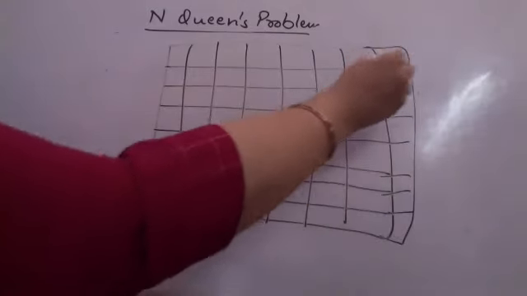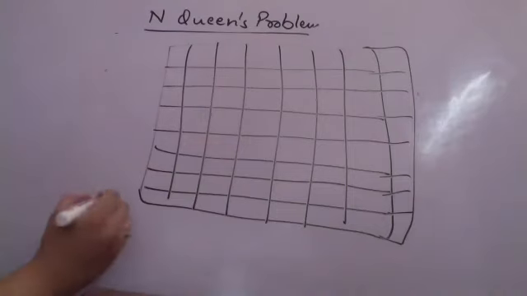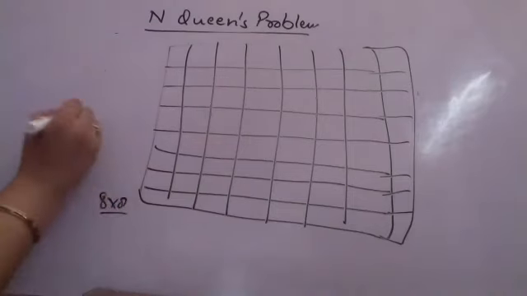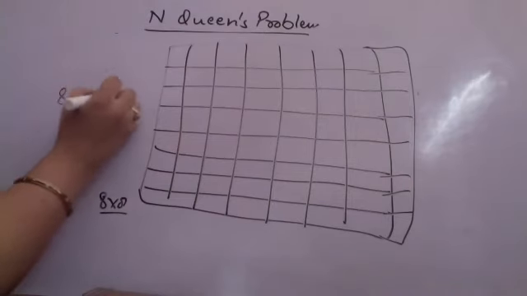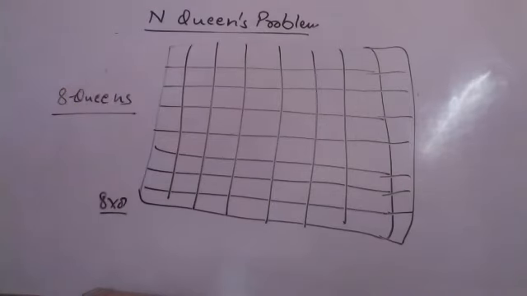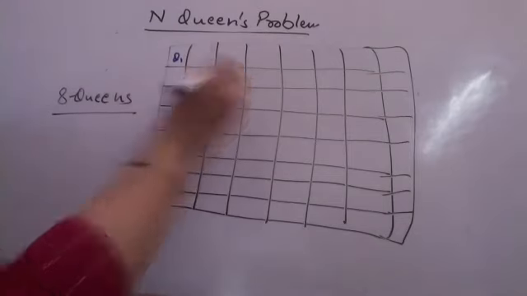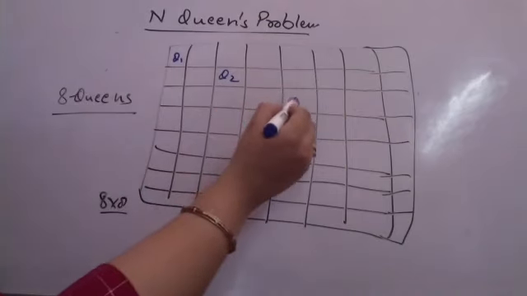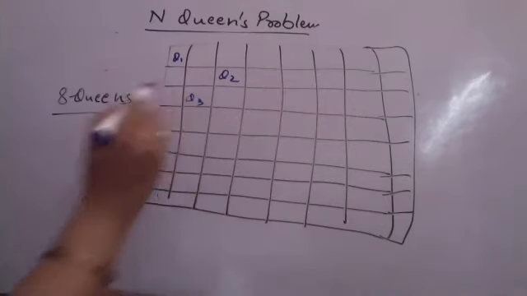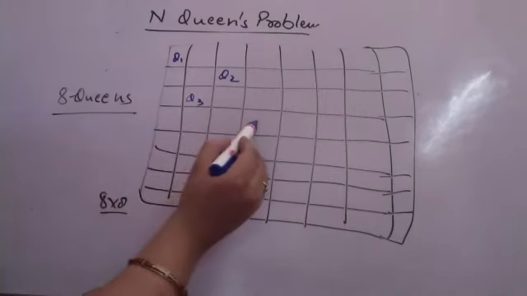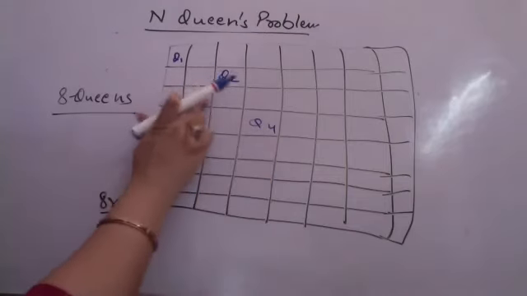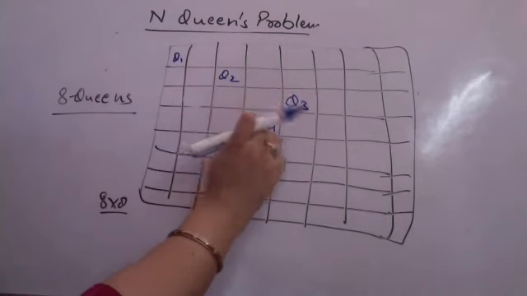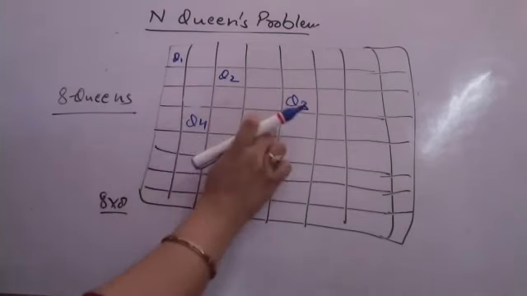So here class, I have a chessboard of size 8 cross 8. This is a probable 8 queens problem here. I have to place the 8 queens on the board so that none of them is under attack. So when I'm trying to place that, placing queen 1, then I will be placing queen 2 so that they are not falling in the diagonal. Placing queen 3. Queen 3 initially is placed here. Then I am placing queen 4, which can be placed here. सॉरी क्वीन 3 यहाँ पे डायगोनल में आ जाएगी. So queen 3 is placed here, queen 4 is placed here, still nothing in diagonal.